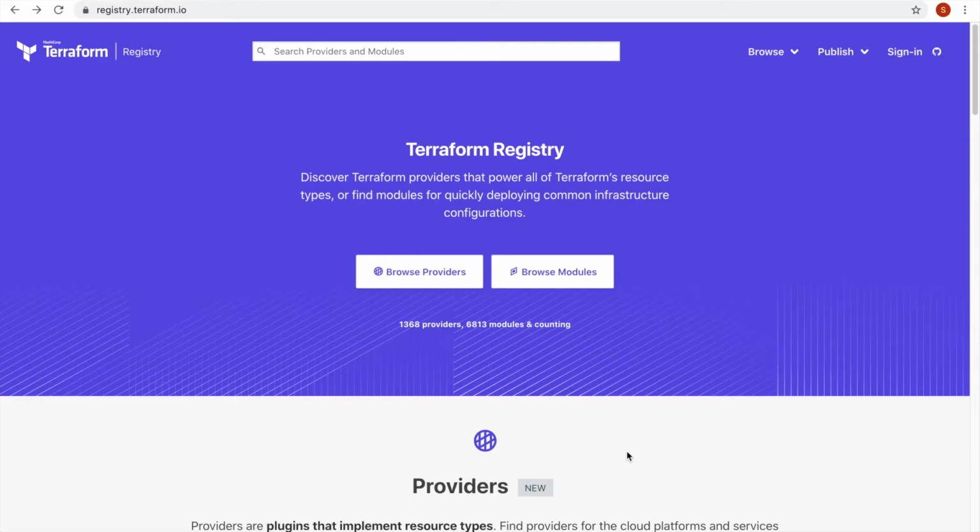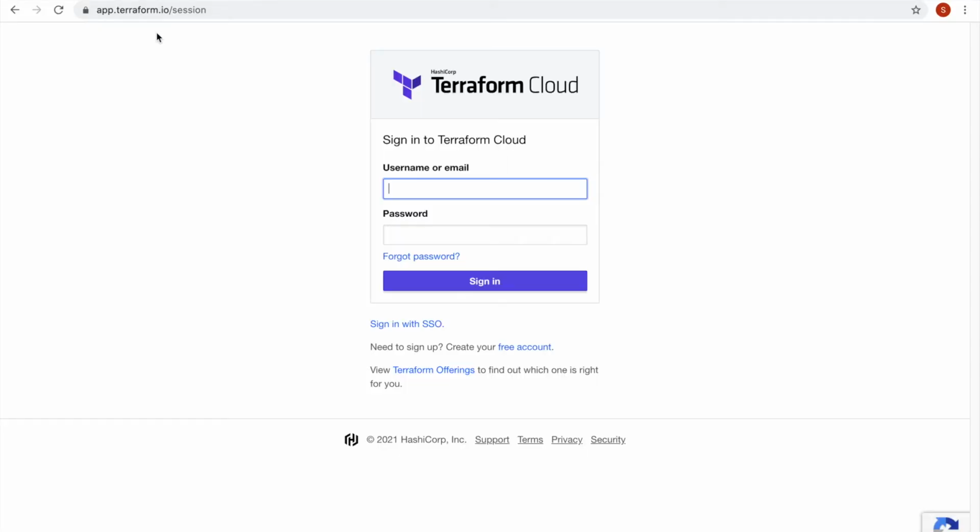Give an overview on how you can easily and effectively use the Terraform documentation. Before moving on to that, you need to first notice two URLs: one is registry.terraform.io and another one is app.terraform.io. This is mainly for Terraform Cloud, and if you want to try it out, you can just create a free subscription, integrate with it and play around with that. So that is for Terraform Cloud.